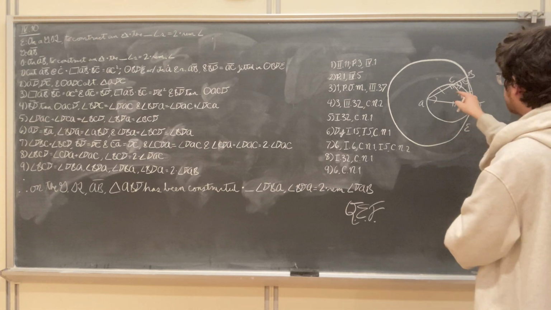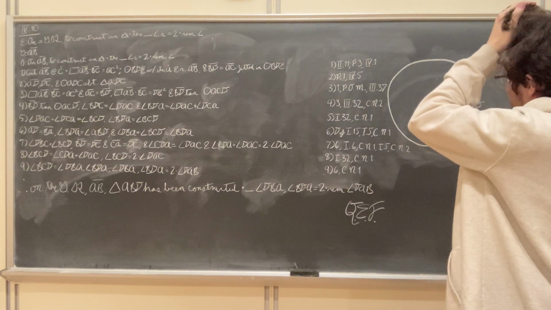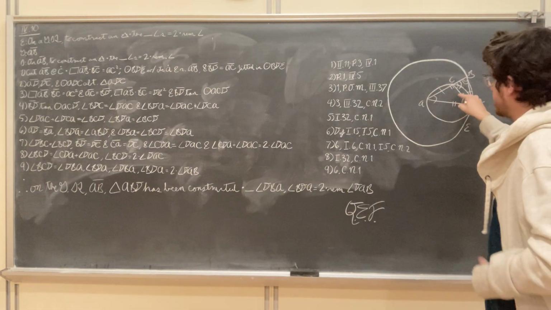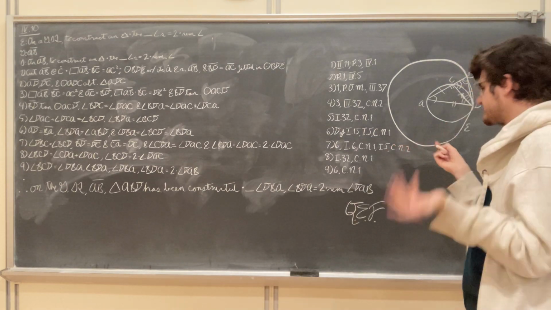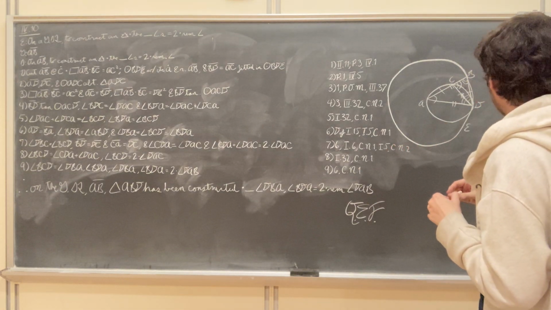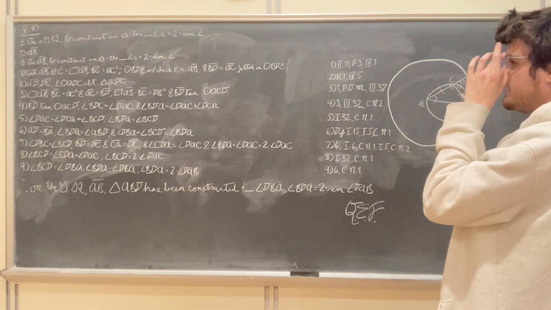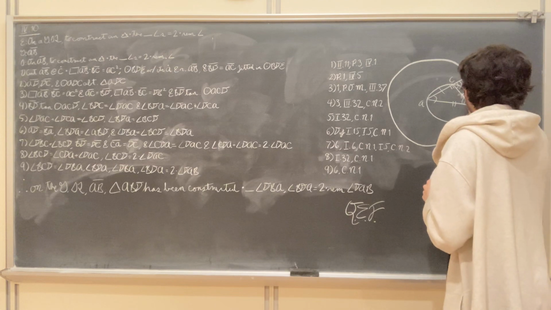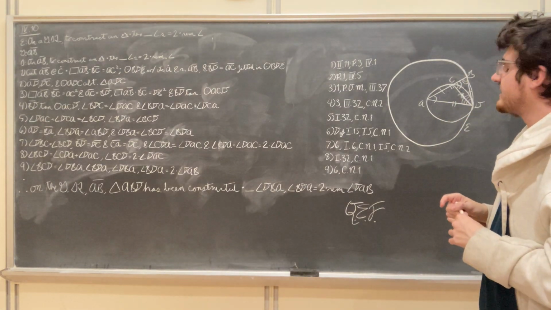Which means that in this triangle CDA, or ACD, we have two sides which are equal to each other, so this is an isosceles triangle, which means that the angles at the base are going to be equal to each other, which means that the angle CAD is equal to the angle CDA. So that'll look something like that. So again, the angle CAD is equal to the angle CDA,